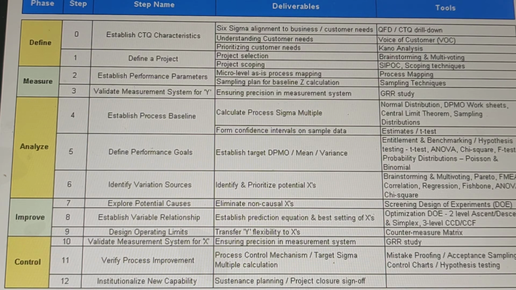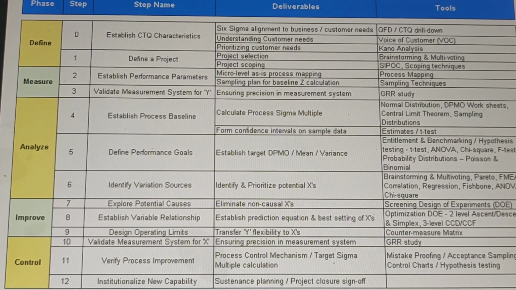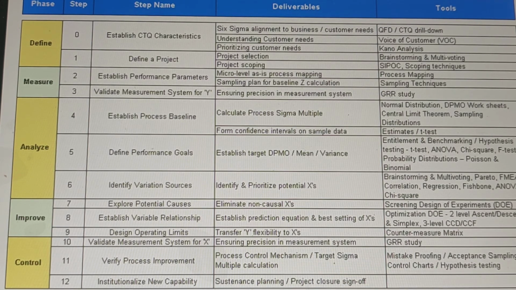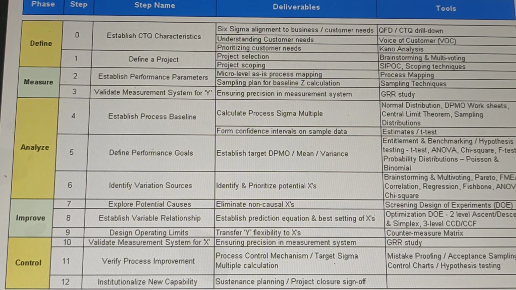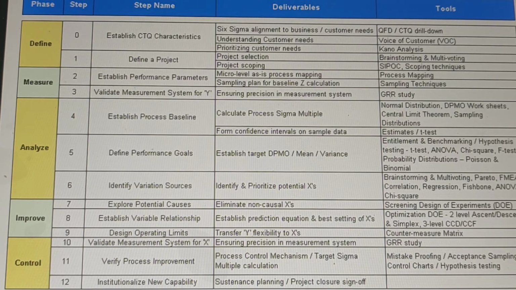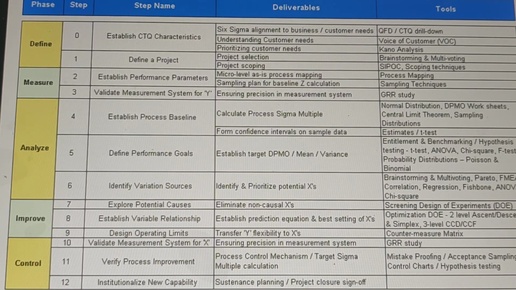Regression analysis. With regression analysis, we can formalize or define the equation of various x's with respect to y. Like if we have 4 x's, then how are those 4 x's related to y? You can easily find that out using SPSS. Okay, so that can be done. ANOVA, chi-square, all are statistical tools. Six Sigma is basically statistical; we use all kinds of statistical tools to pinpoint the solution and establish our system